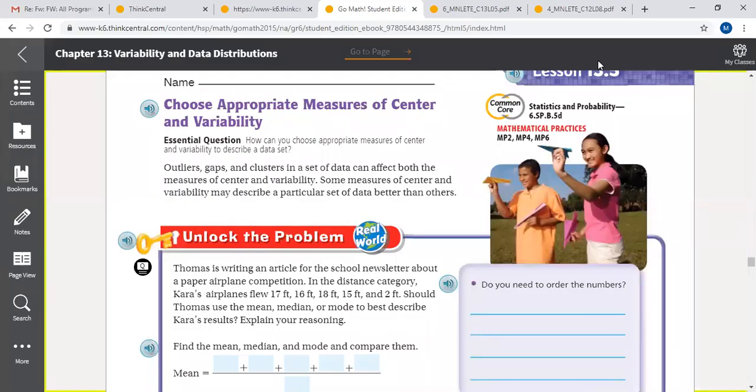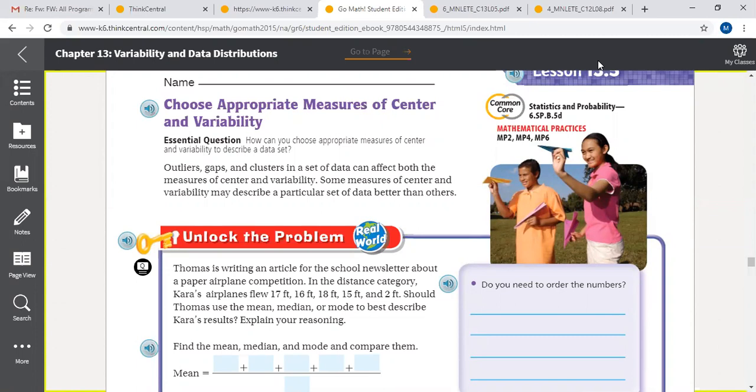Good morning, grade 6. Today, inshallah, we have a new lesson. This lesson is choose appropriate measures of center and variability. This lesson is lesson 5, chapter 13. By the end of our lesson, we must know how we can choose appropriate measures of center and variability to